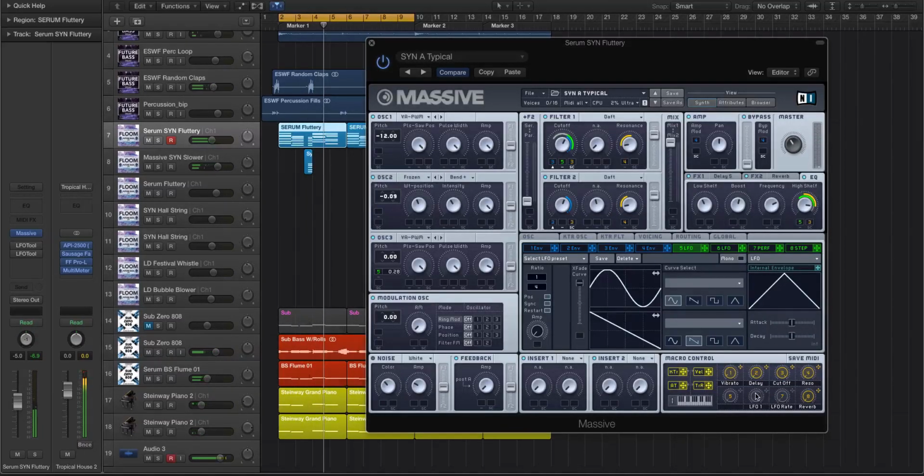All right, now to get this to turn on though, I'm going to create a macro here, and I already kind of pre-created this, but we'll do it again. We'll call it LFO 1, and we're going to take this and modulate the amp of that LFO that we just modulated into the filter. So now when we want to turn that on,